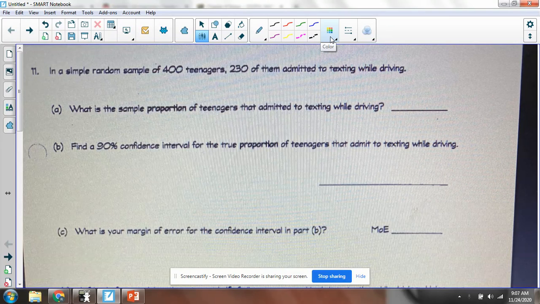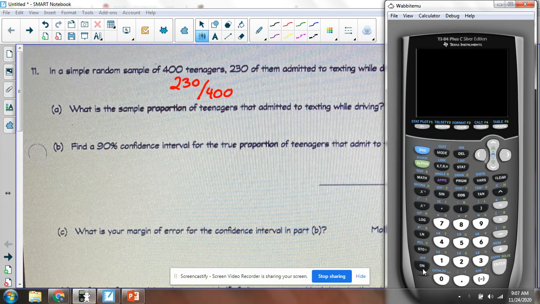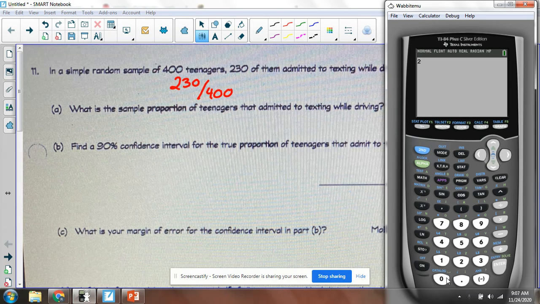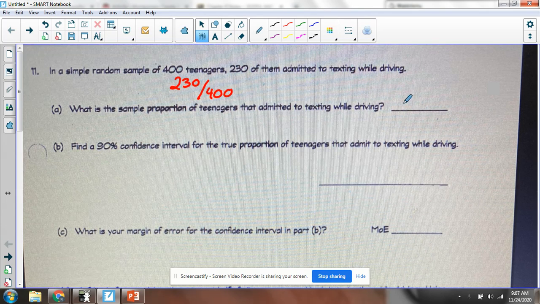Question 11 says in a simple random sample of 400 teenagers, 230 of them admitted to texting while driving. What is the sample proportion? So what is the proportion from the sample? This is just going to be 230 out of 400. That's 230 divided by 400, which is 0.575. So we're going to say p hat equals